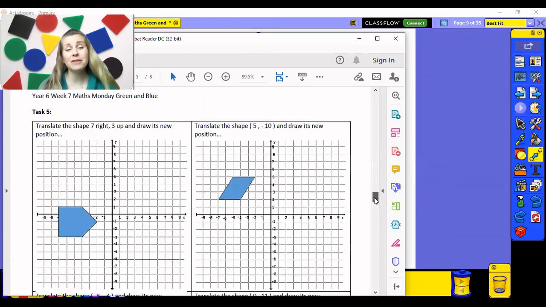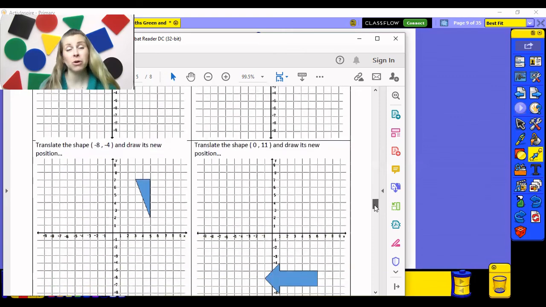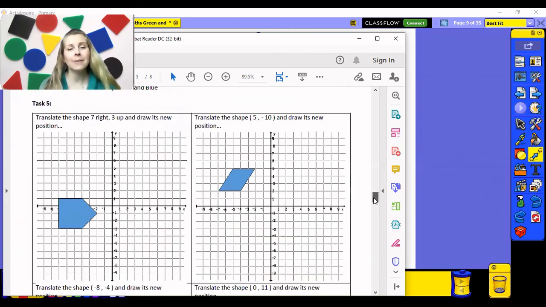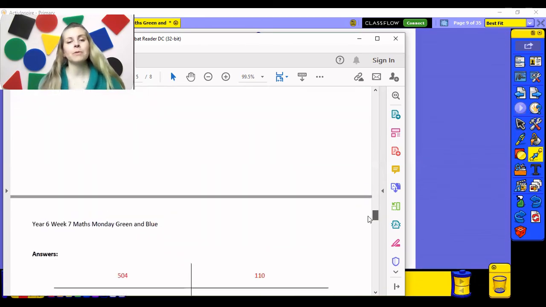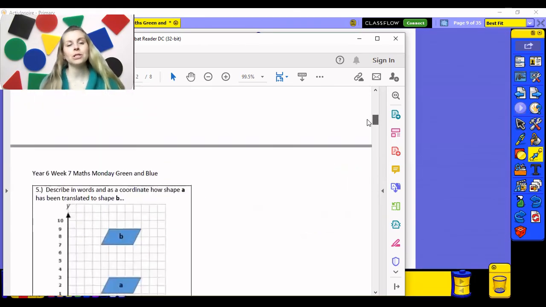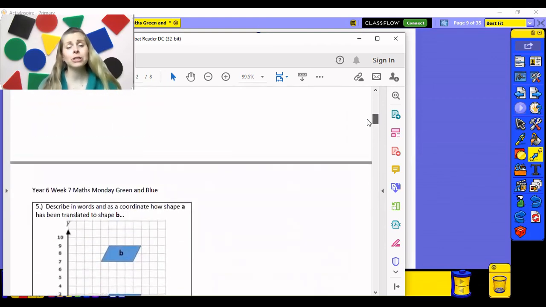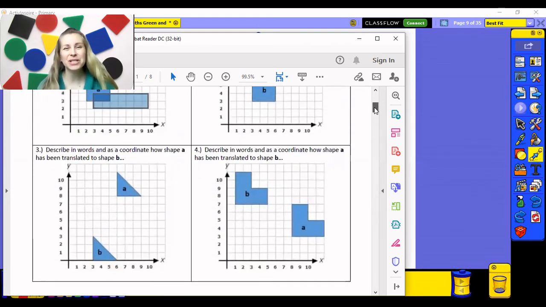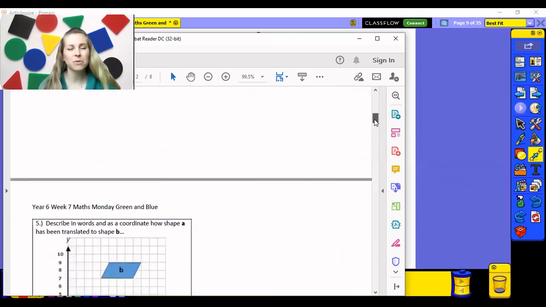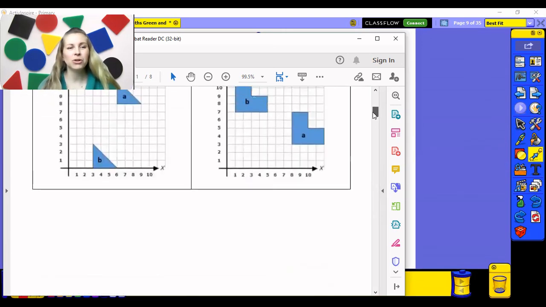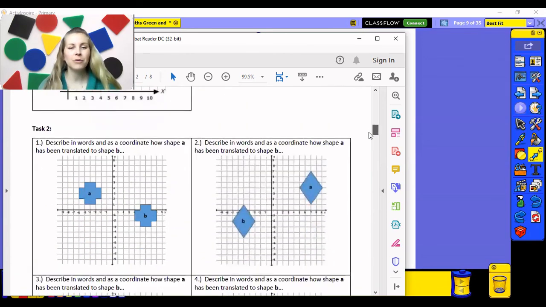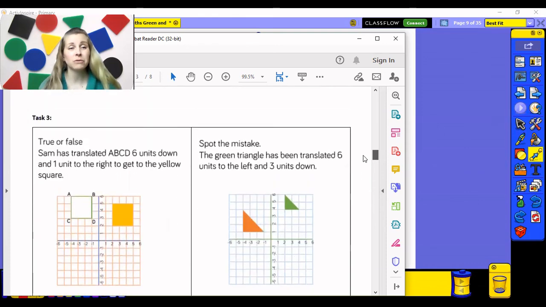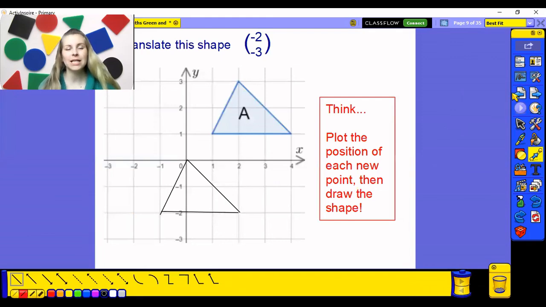As it goes on to task 5, it just becomes a little bit more complex with more complex shapes, and it looks like it's in the 4 quadrants as well. So as always, the answers will be found on the sheet, so you can check them through and check you're on the right track, and also check whether you need to extend yourself by moving more swiftly on from task 1 into task 2, or you need more practice of the task 1 activities before moving on to perhaps just going to task 3. Okay, so hopefully that will explain to you what you need to do for today's session,